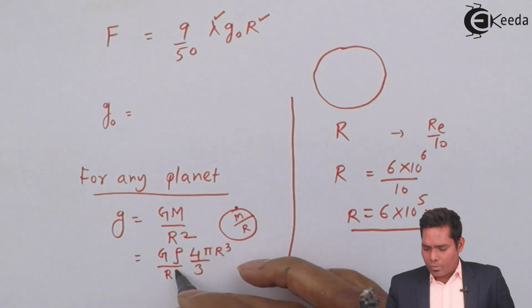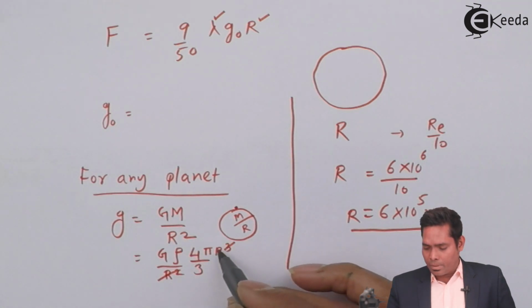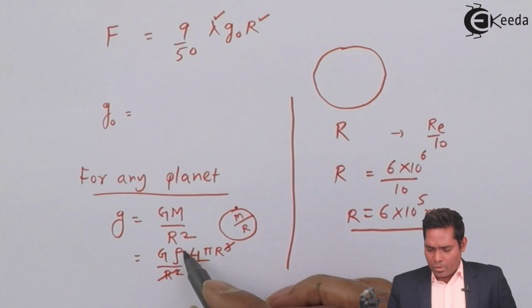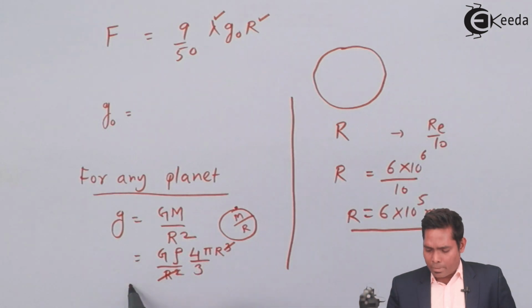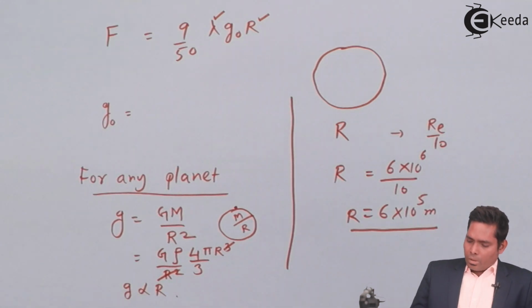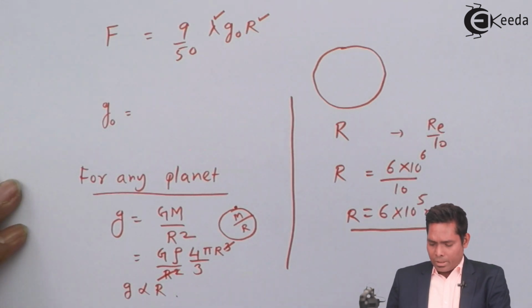divided by r square. Because r square is already there, if I cancel this, this becomes r. Only r. This is constant for any planet, this is constant for the given conditions. 4, 3 pi are constant. So I am getting G is proportional to R. G is proportional to R means